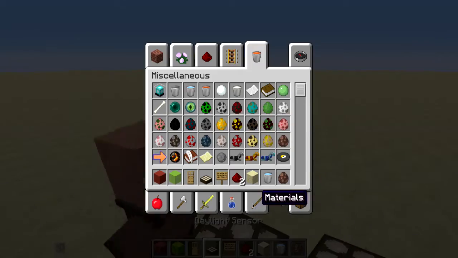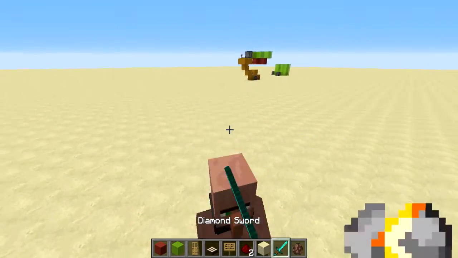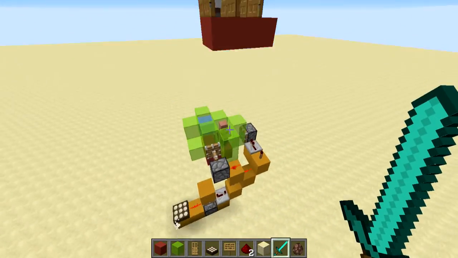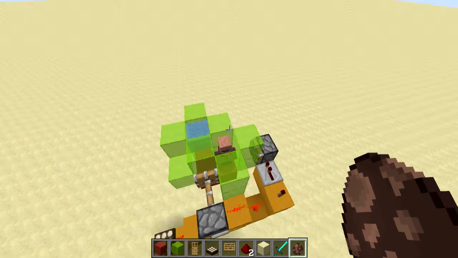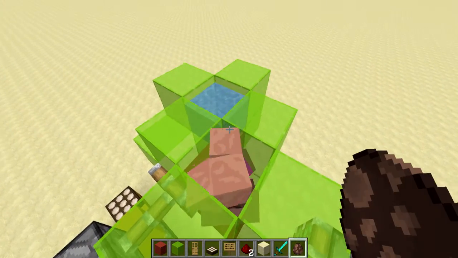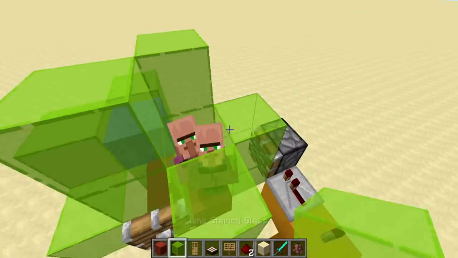And let's quickly kill this one so he doesn't interfere with the other villagers. Hell, he's fast. Okay, you dead. So now these villagers will at some point see that there's doors nearby that they need to breed for, so there are more villagers. And then these doors,